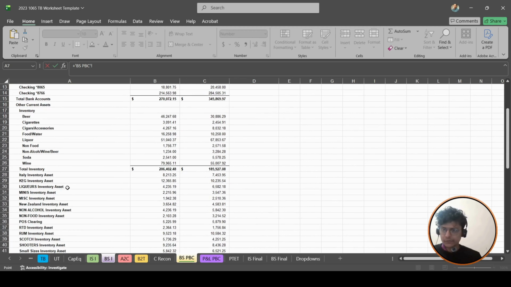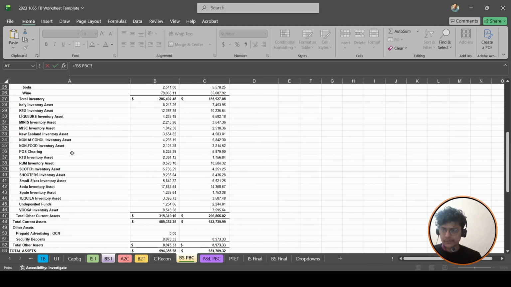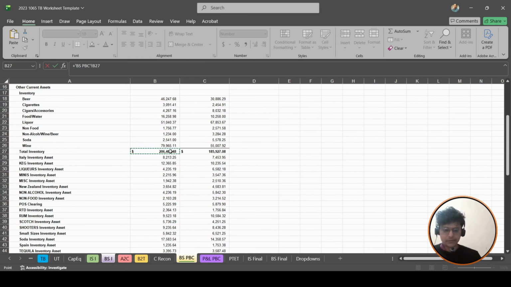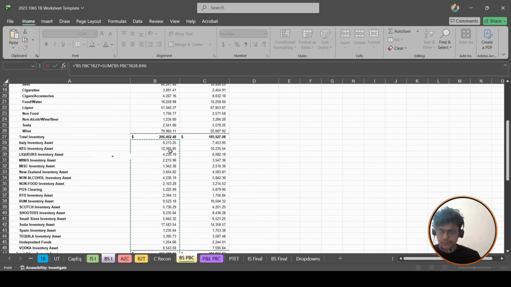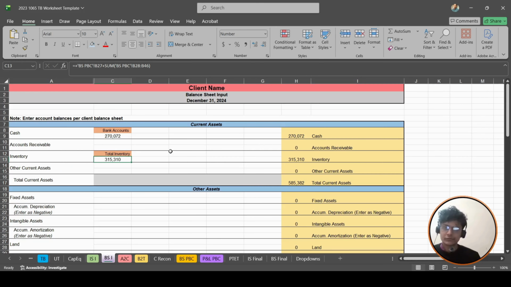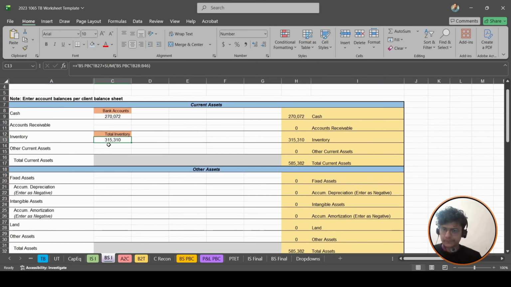So here we have two inventory, this one and this miscellaneous part. So this should be plus, and we'll sum up these figures from this to from there. 315, 310. Okay, so it's